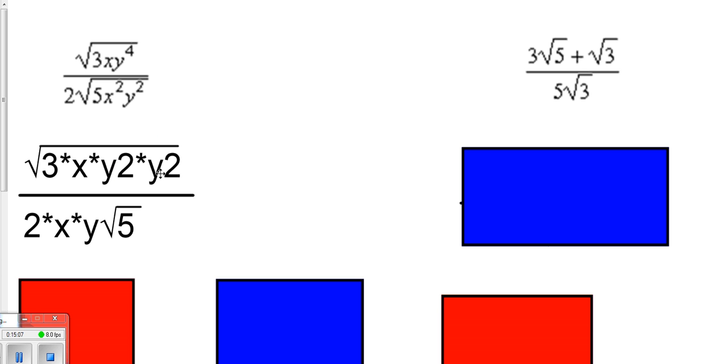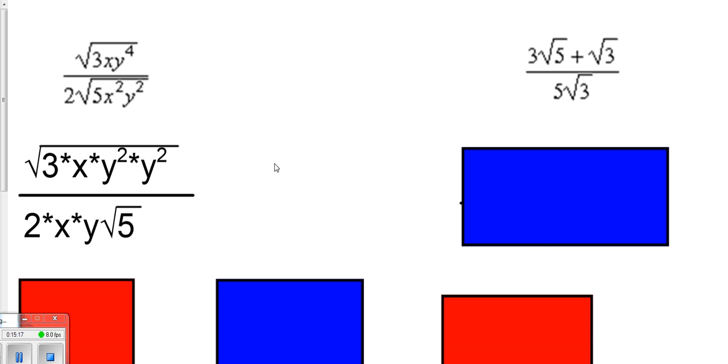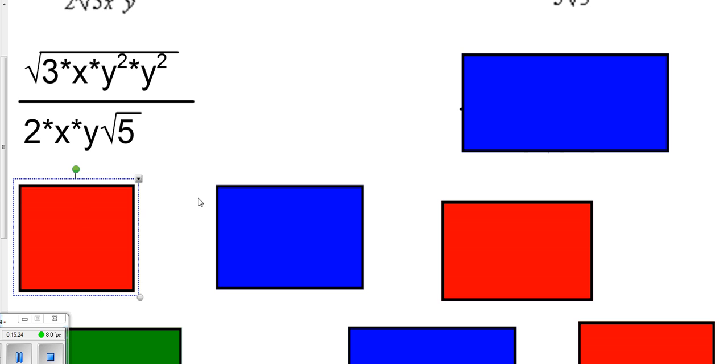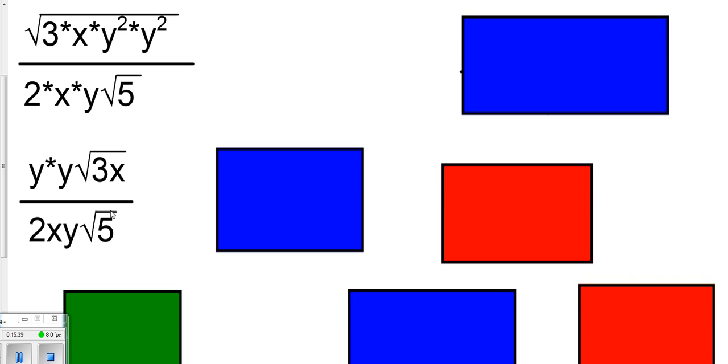This one, oops, those are supposed to be as exponents, y squared and y squared. There we go. Y to the 4th we can break into y squared and y squared. This will help us break it down a little bit further then. Y squared and y squared can come out to the front of the square root as y times y. So we've got y times the square root of 3x, and 2 times x times y times the square root